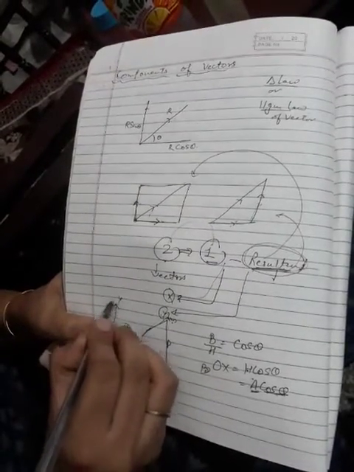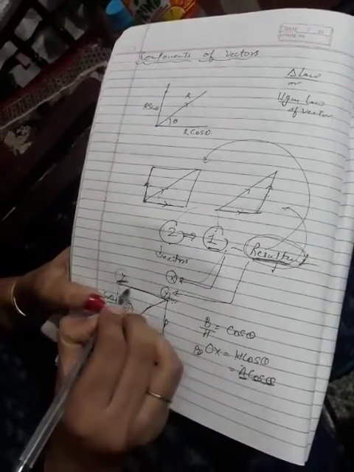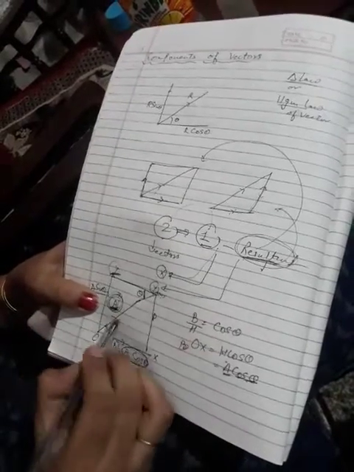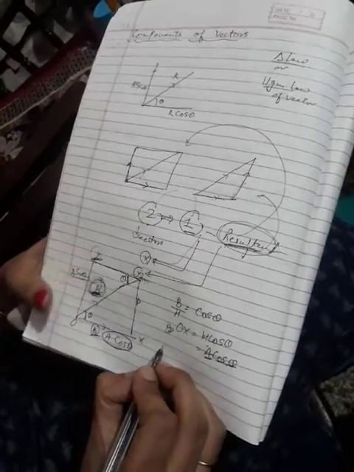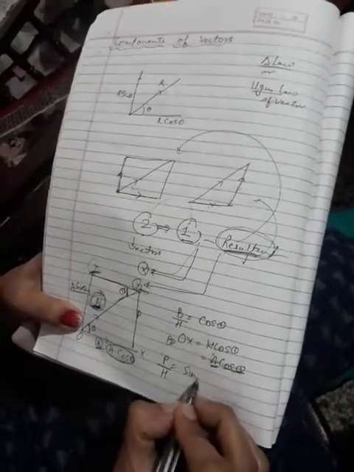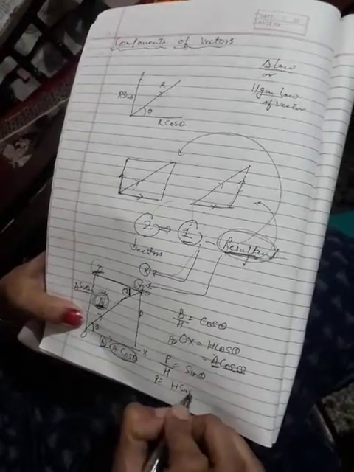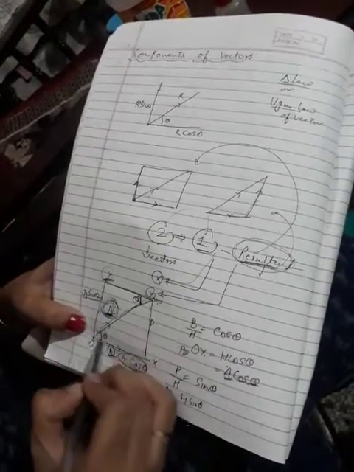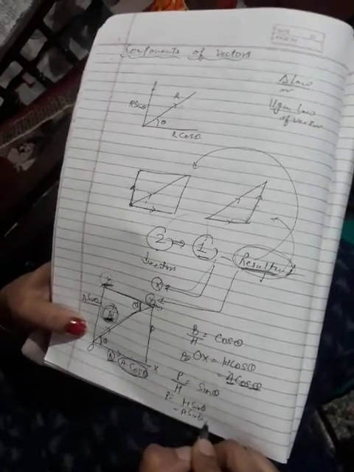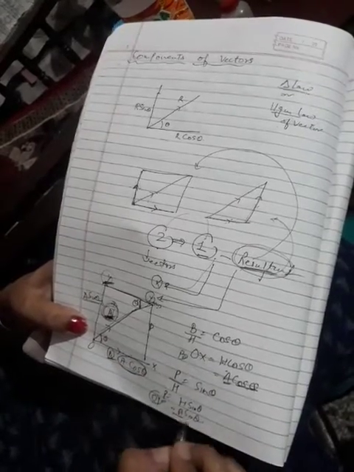Now if you take this direction, that is the y-axis, complete this triangle. This is theta, this is also theta. Why? This is the alternate angle. Take out sin theta. What is the value of sin theta? Perpendicular upon hypotenuse is sin theta. You want to find out perpendicular, that is H sin theta. See this triangle, this is perpendicular and this is hypotenuse. What is hypotenuse? A. So this is A sin theta. And perpendicular is OY. So OY is A sin theta.